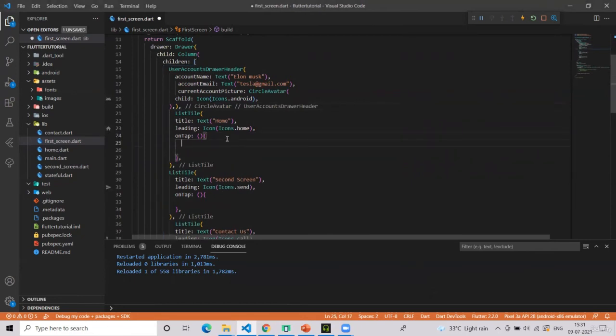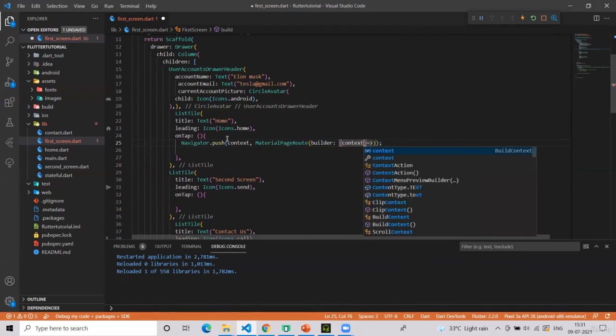Now let's go and navigate to the home screen. I will write Navigator dot push. Then in the route, we will have MaterialPageRoute, builder, context.